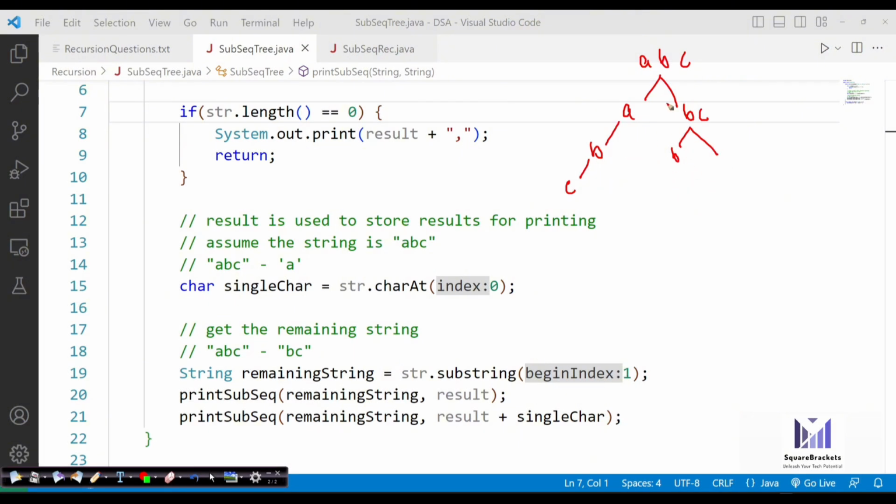Okay. So first the string was ABC. So first you have single character as A, B, and C. Meanwhile, the remaining string was BC. Then remaining string was C, and then remaining string was empty. So this is how actually it was executed. Now, when you fall back from the stack, first it prints double quotes, then it prints C character, then it prints BC characters, then it goes to A and concatenates with them. So this is how it will keep on printing all the subsequences.